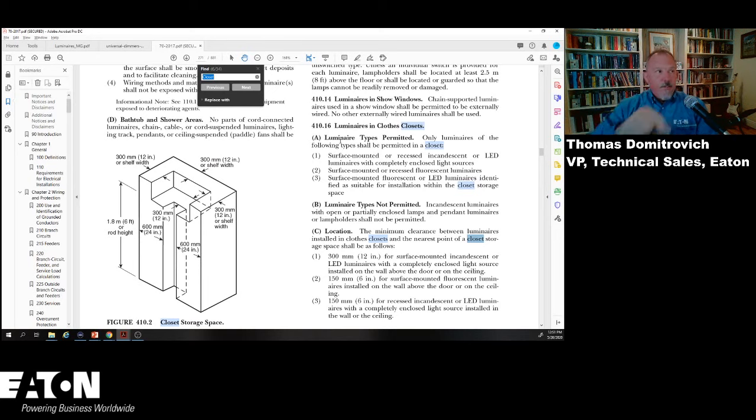that per 410.16(C), because it's said in the past, the minimum clearance between luminaires installed in closed closets and the nearest point of a closet storage space, you could try to make that argument to say, look, closet storage spaces, regardless of whether or not it's a closed closet, does apply because of that language. But if I was the inspector, I'd point up, or if I was the contractor, I'd say, look, this is in 410.16, which is closed closets only. There is not a requirement in 410 around anything other than a closed closet. So that's an interesting